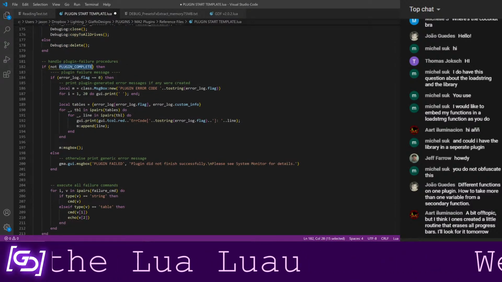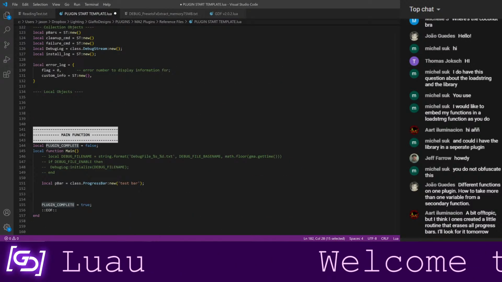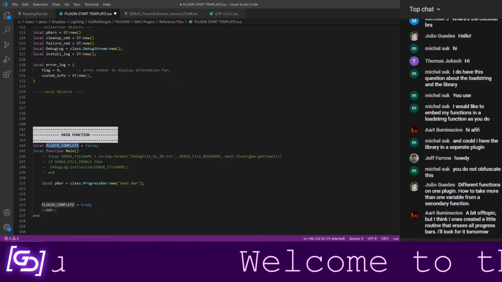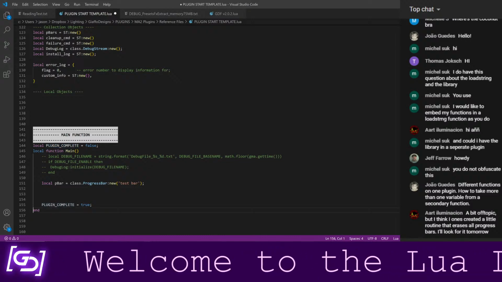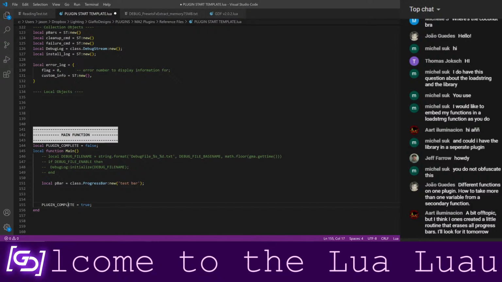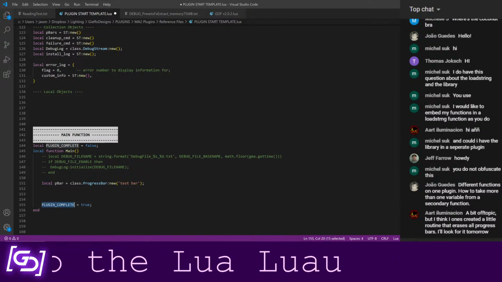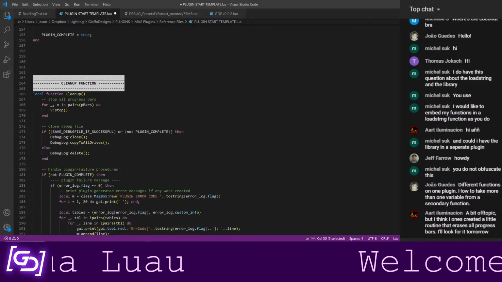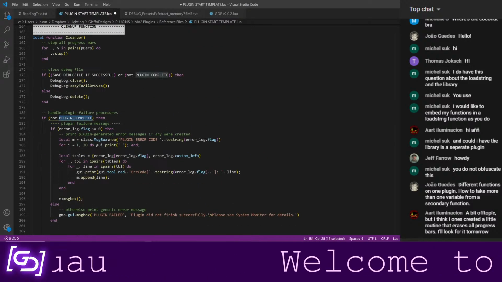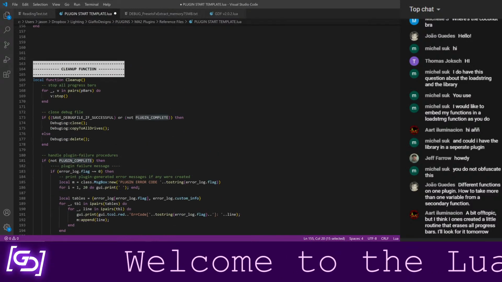And then here's the code for anything that happens if the plugin didn't complete. Before the plugin runs, there's this plugin complete variable, and at the very end, I don't use this EOF thing anymore. At the very end, it gets set to true, which means that if it has to exit at any point before it reaches the very last line, this is still going to be false, which means that when we get down here, this will not evaluate to true unless it made it to the very last line.